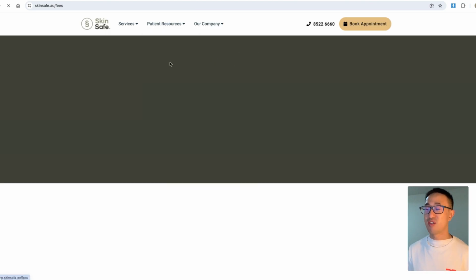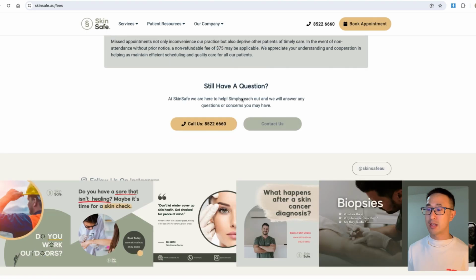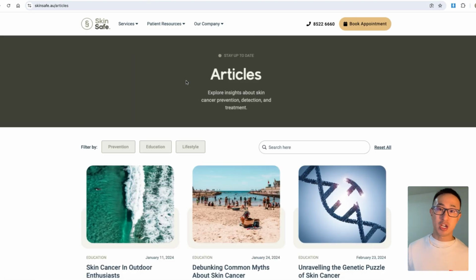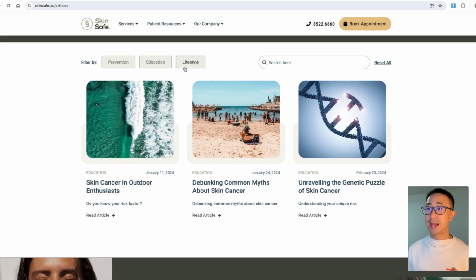The next page is fees. So this talks about the pricing of everything laid out like so. Then we have the free resources, blog, articles, etc. So this has filters by categories, which again is all added through the CMS. And I've even added a FinSuite